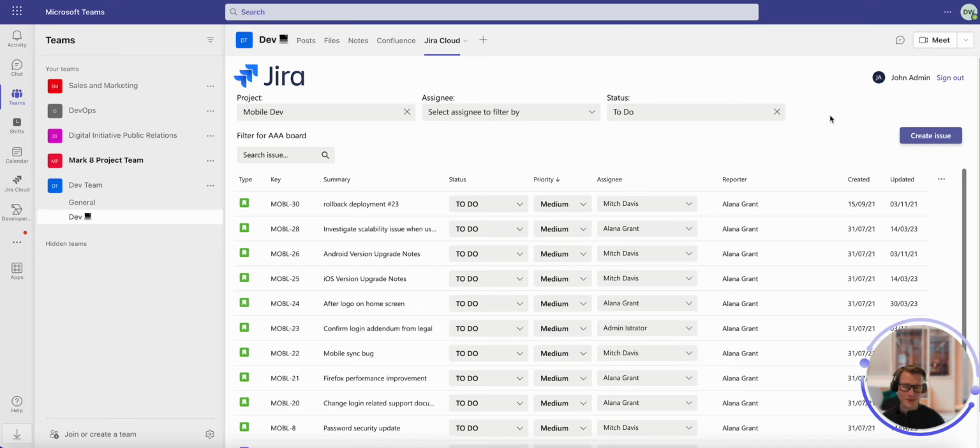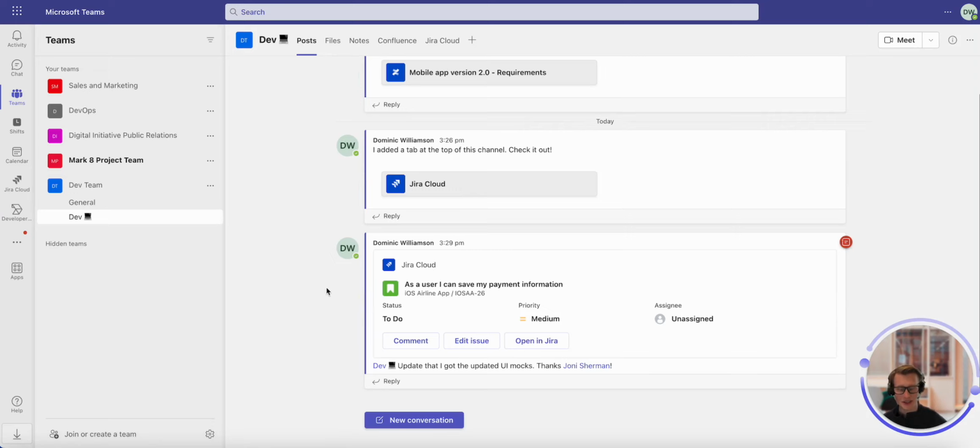The first example is a team where I have my Jira Cloud tab app open. I can go through, update statuses, and see what's assigned to me or my colleagues. I could click on the Confluence page, get some knowledge, or even chat about the Jira issues directly in the context of this channel. However, the best part is I never needed to actually click Add Jira Cloud, because if I go over, you'll